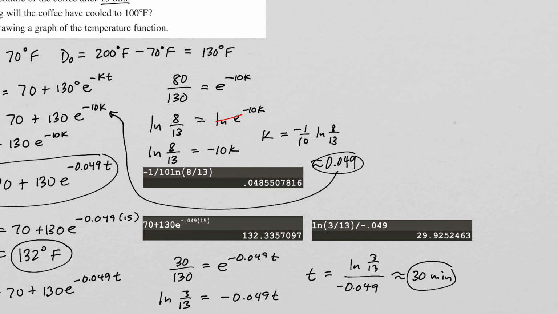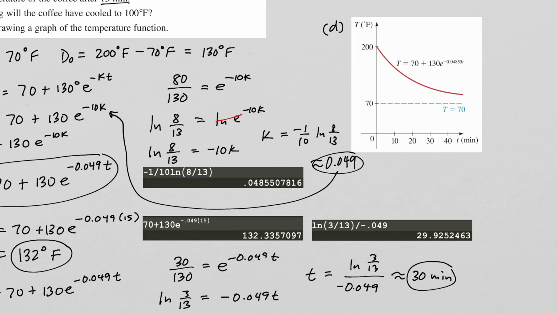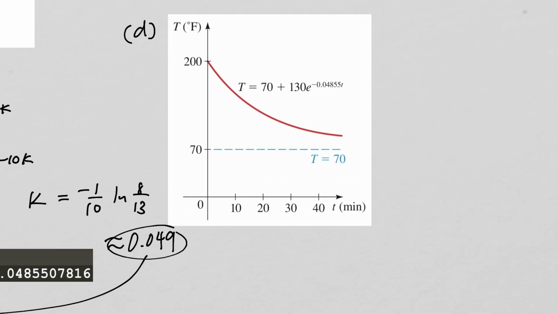And finally, let's go ahead and do the graph here on a graphing calculator. And what I want you to see is, of course, the initial temperature is 200, and as time goes by, the temperature is coming down. But the asymptote is at 70, and this is because the temperature of the coffee cup can never go cooler than 70 degrees, because this is the temperature of the room that the cup is sitting in. So the temperature of the coffee is going to cool down and approach the temperature of the room, which is this